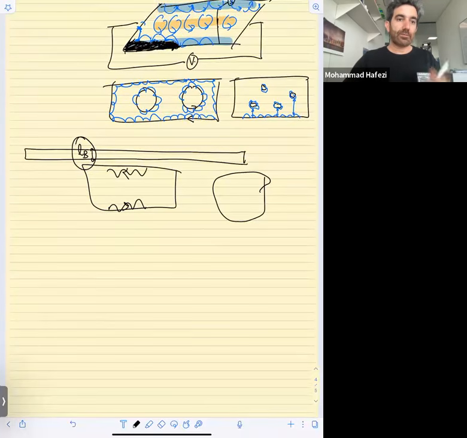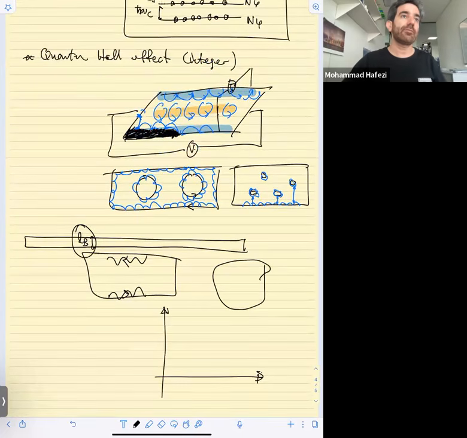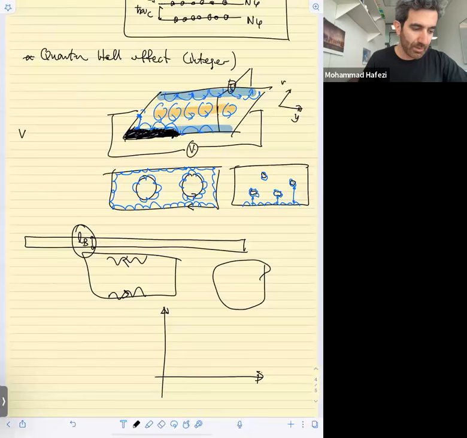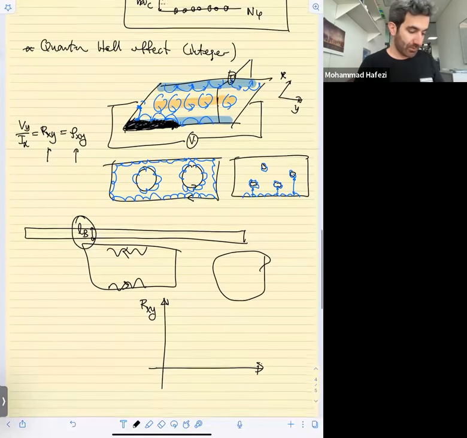Okay, so now the quantum Hall effect was that when people looked at this V over I, so this is V, this is Y, and this is X. When von Klitzing measured this, rho XY, which in 2D is the same as the transverse resistance, and looked at it as a function of magnetic field,